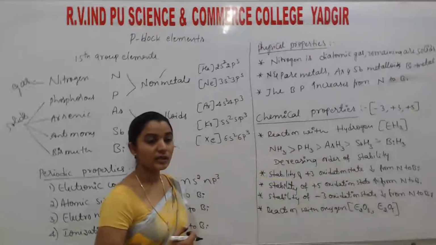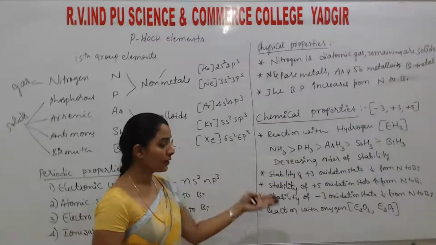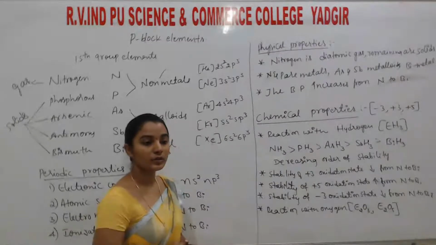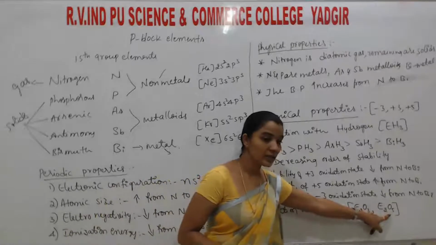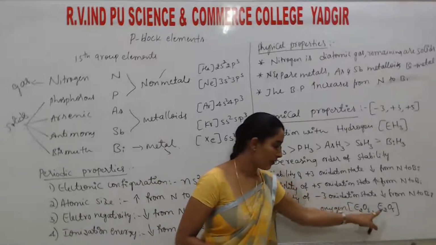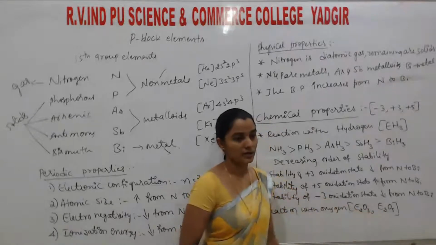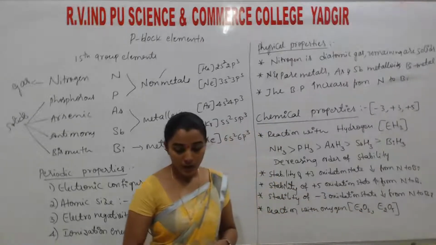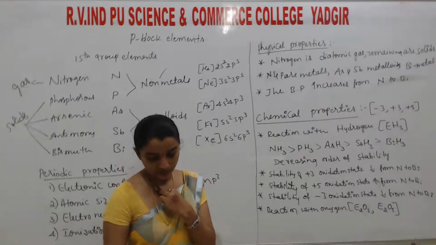Trioxides as well as pentoxides: P2O5, N2O5, N2O3, Bi2O3, like that. Trioxides as well as pentoxides, with +3 oxidation state as well as +5 oxidation state. Both the oxides they will form, but students, the stability of those oxides is,